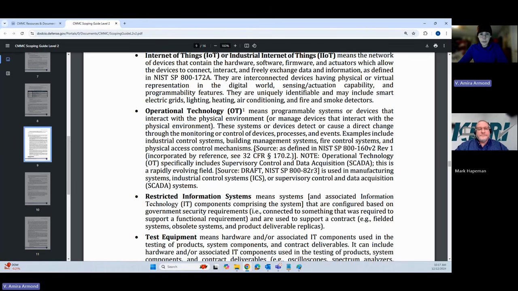It's an old piece of equipment, which might be 30 years old, in the middle of the shop, and it's connected to the network. And you're like, what is going on? And it might even be running an operating system like Windows XP. As an assessor, you ask, why do you have this on your network?